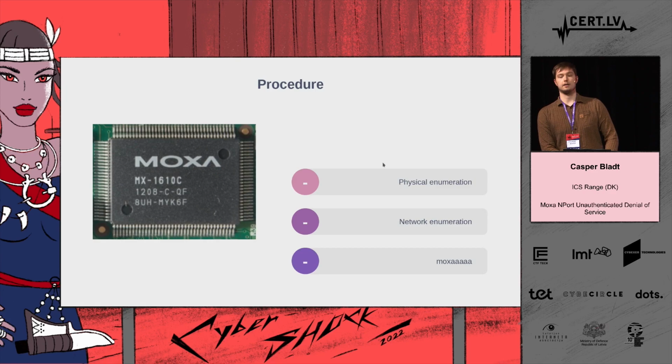Procedure of how we took apart this device. We started with some physical enumeration, we call it, of this device, which means take the lid off of it and look at it. We quickly learned that the processor, the CPU chip itself,